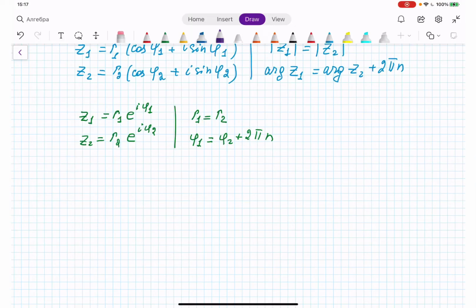We have z1 equal to x1 plus i y1, and we have z2 equal to x2 plus i y2. So in the algebraic form, the sum of these two complex numbers is going to be